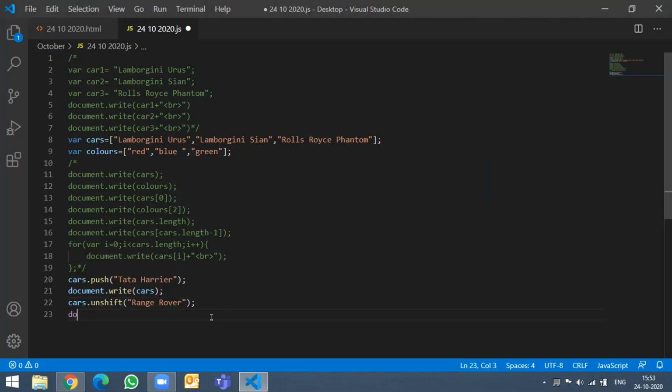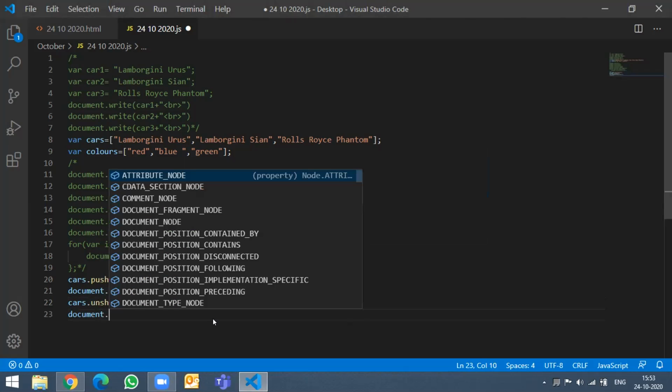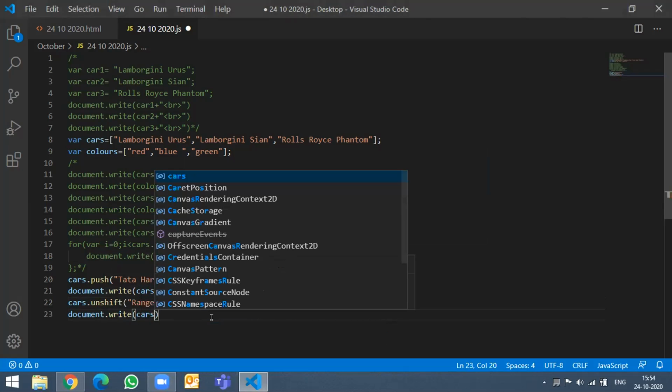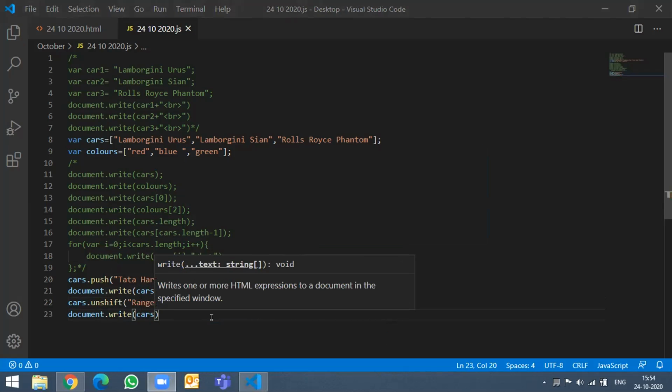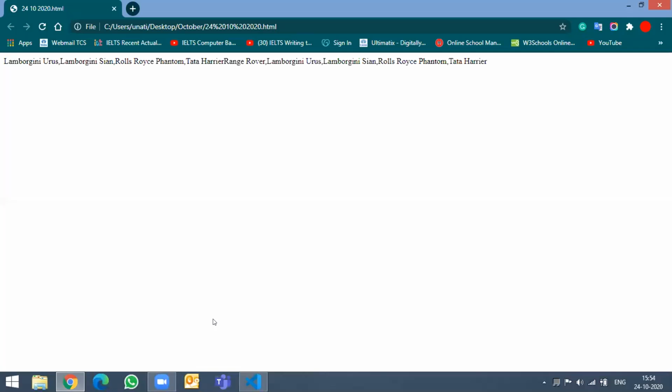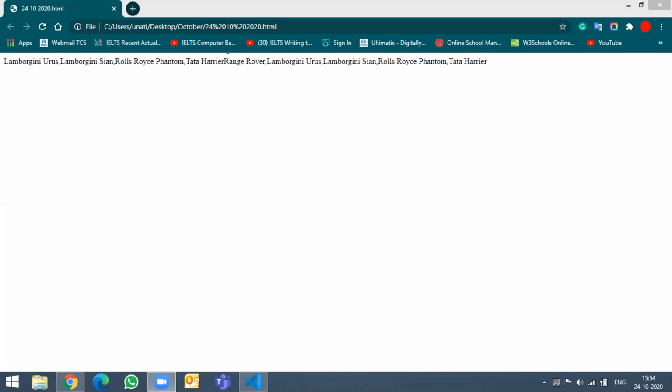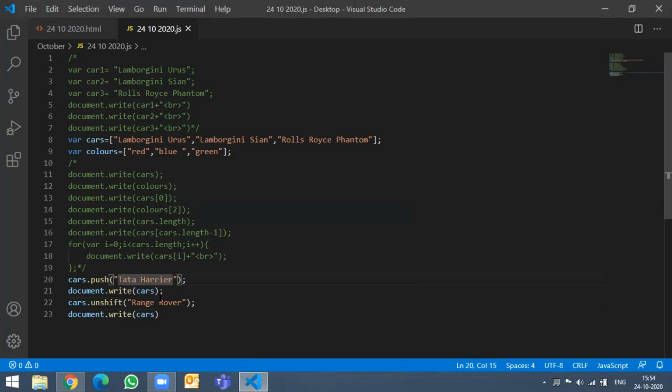Just cross-check. Yeah, Range Rover is the first. Okay, very good. Okay. I'll remove this. Yes, you can remove.